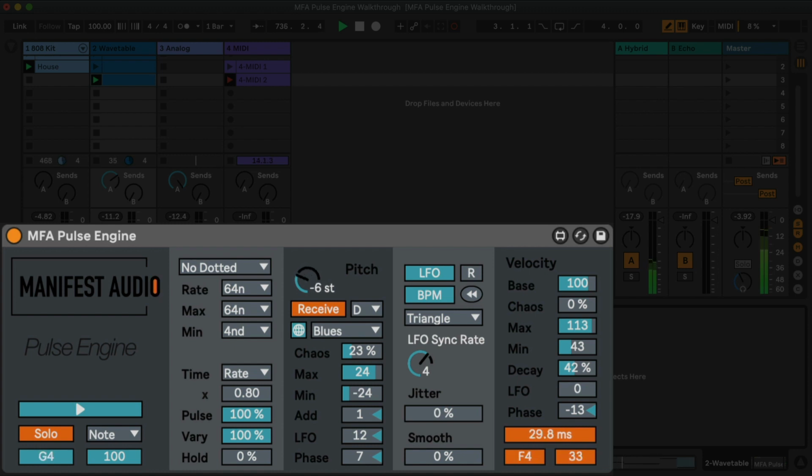So this has been a look at Pulse Engine, its many modes and capabilities, all packed into a small little package that's deceptively powerful, generating musical ideas that would be very difficult to come up with any other way, while also interacting with other components via the unique modes and allowing for unique expressivity through automation of the pitch, the rate in manual mode, and deep programmability as well through transposition and receive mode and note mode span rates with, of course, the motion of an LFO, velocity control, length control, and many other features that are demonstrated throughout the